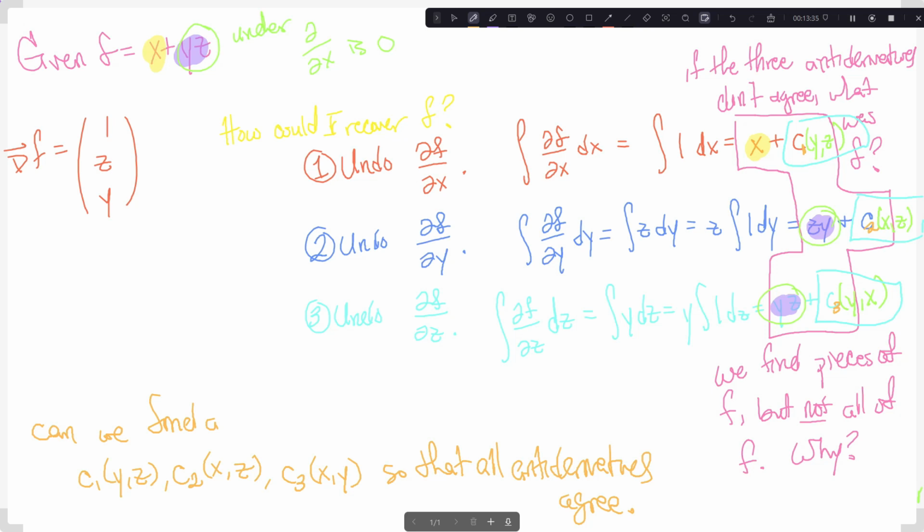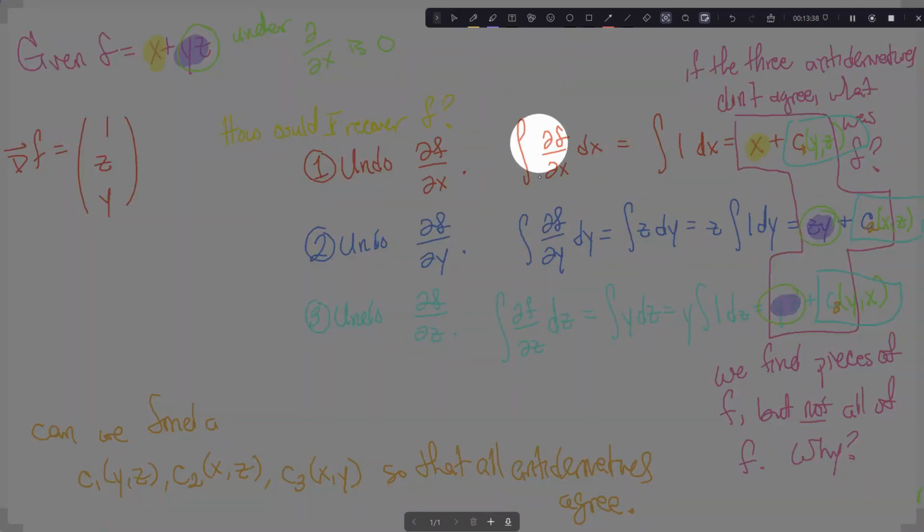We are searching for these. We're taking antiderivatives, notably, in each direction. But that's only going to give us parts of our potential function. The rest of the potential function has to arise from us finding these three constants, which exist in the other variables for each of the potentials, so that all of the potentials are in fact the same function. And so we can see in this case, the C1 of yz,